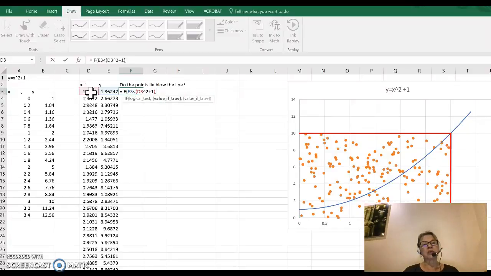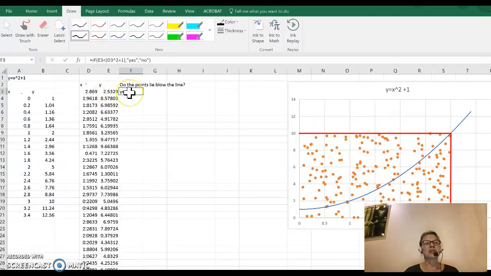Now I want to say what I wanted to say. So I'm going to put in my parentheses. Okay, I want it to say yes if it's true, and then comma, and then no. So parenthesis no if it's false, and I'm going to close my brackets. Press enter, and now you can see that it's given me that yes, my first point does lie below the